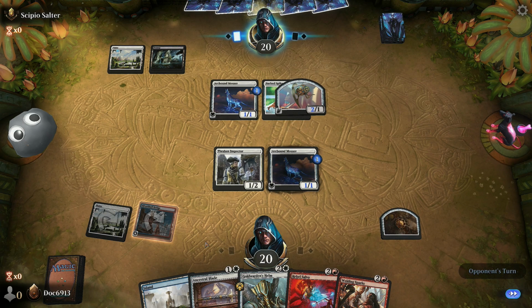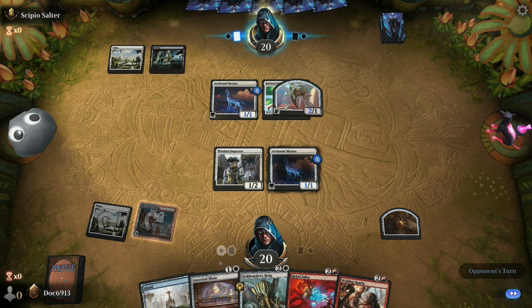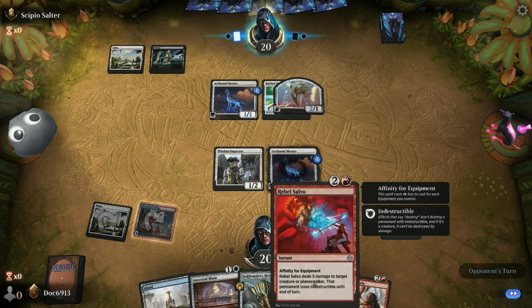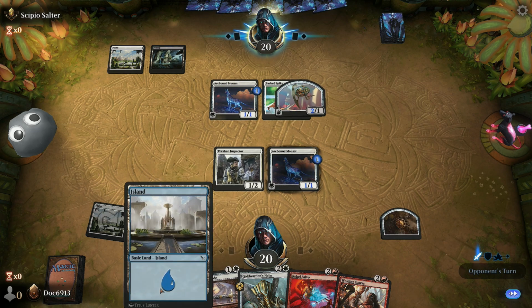I don't know if that was the right play there. We could have done Island, went Ancestral Blade, got the creature, got the +1/+1 if we wanted to go that route. That would have made Rebel Salvo open up a little bit quicker for us. The difference now is that we can play...